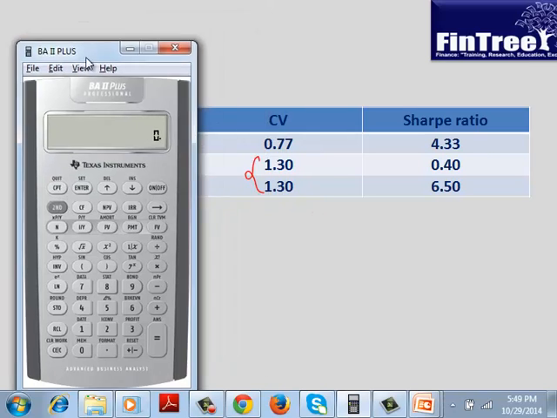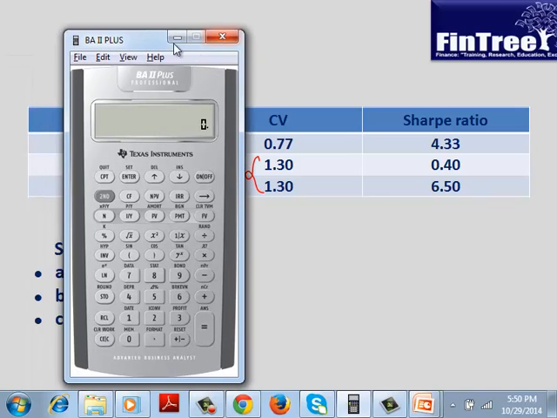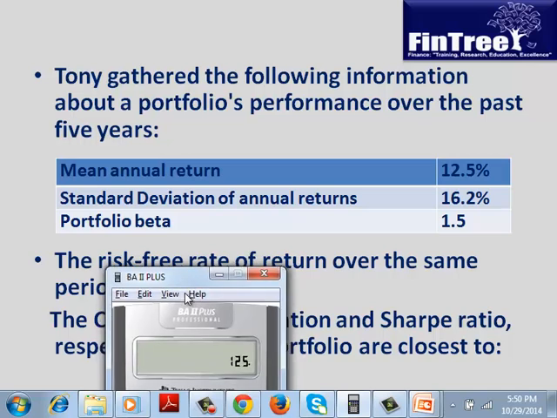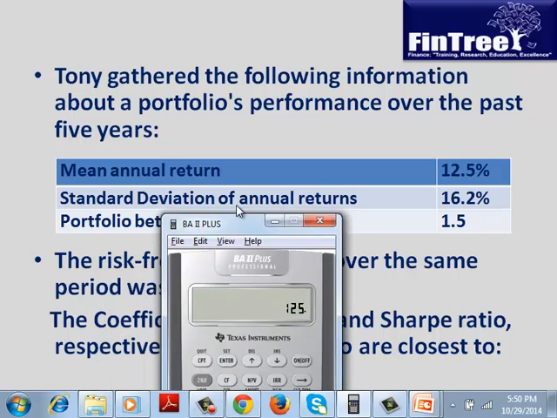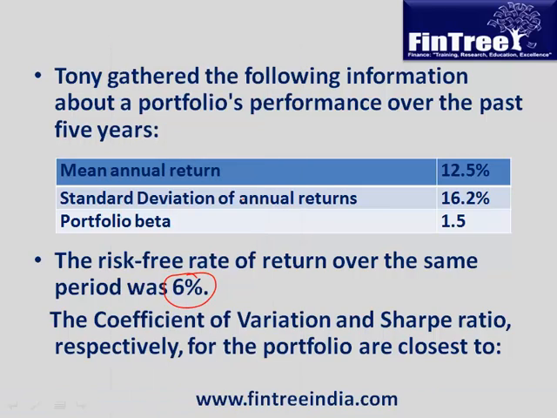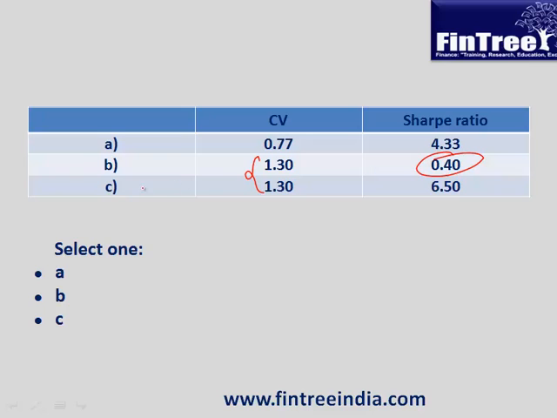Sharpe ratio would be expected returns minus RFR. So expected returns are 12.5, RFR is 6, divided by standard deviation of 16.2, which will give us a Sharpe of 0.40. So therefore the answer is B, which is here. Moving further,